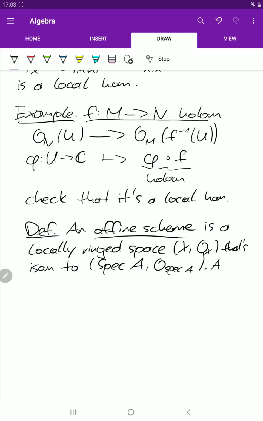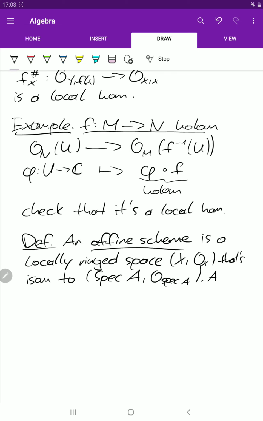And well, we've defined morphisms, so you can easily define isomorphisms in this category of locally ringed spaces.